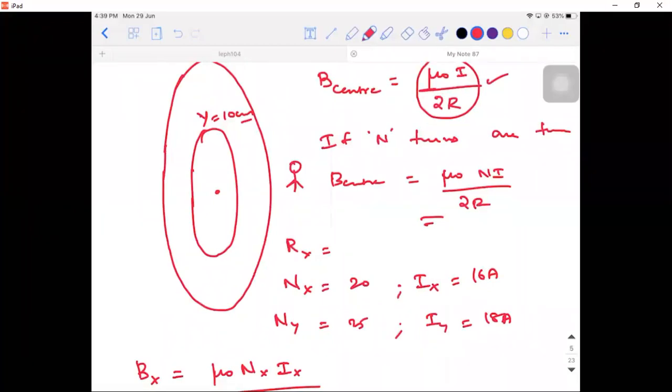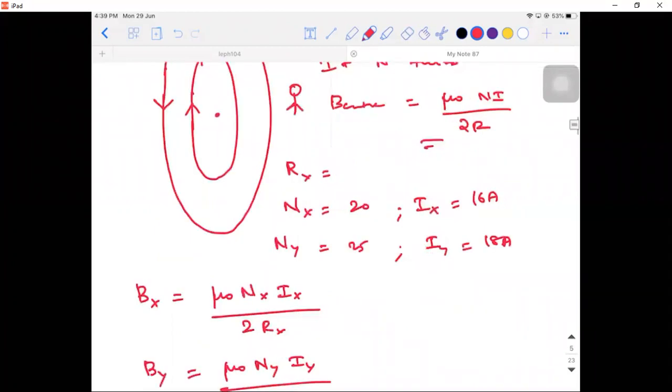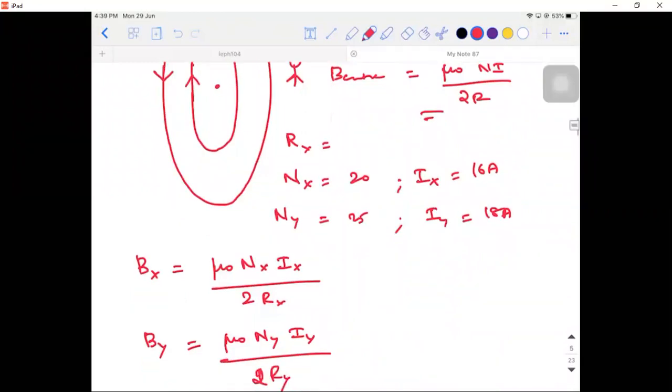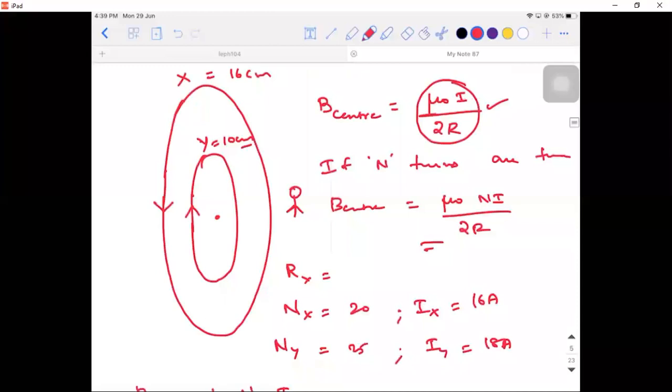So when he's facing the west, coil X has a turn in the anti-clockwise direction, correct? And this is having a turn in the clockwise direction. So due to the anti-clockwise direction, will the field be towards him or away from him? Towards, sir. Away from him. It's towards because he is facing the west. Okay, let me show you.